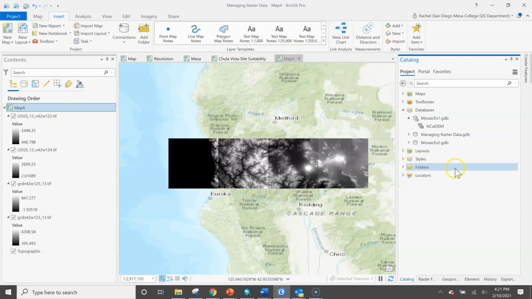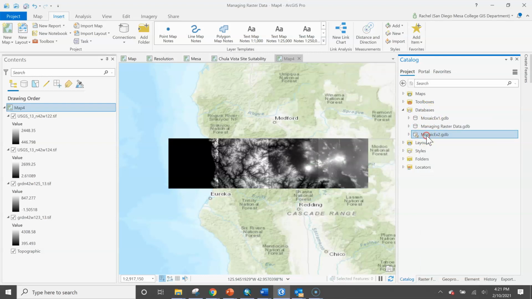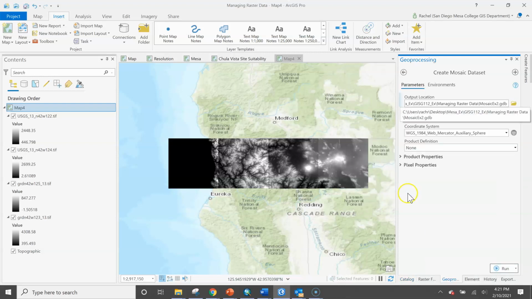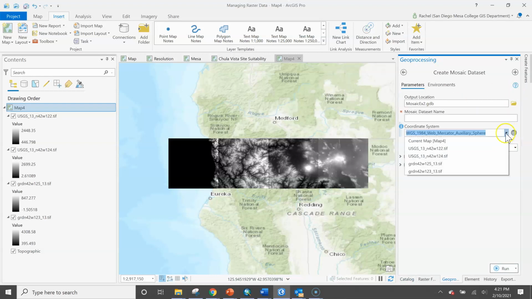The other thing you can do is to create a Mosaic dataset. To do that, I'm going to go ahead and make this geodatabase my default, so I don't have to correct the file path every time. And from here, we will go to New Mosaic Dataset. We are going to match the coordinate system to one of our files, and we will call this